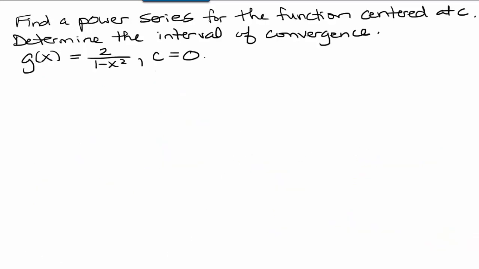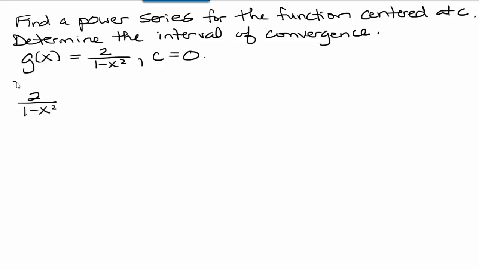Now we're going to rework the same problem using a slightly different technique. Instead of plugging in x squared, using one of the properties, we're going to use the third property. We're going to break the function down into the sum of two functions using partial fractions. Same function, and we're going to come to the same conclusion, just using a different technique. There are lots of different ways to do this, so we're building up all the tools in our toolbox. So alternatively, we're going to analyze 2 over 1 minus